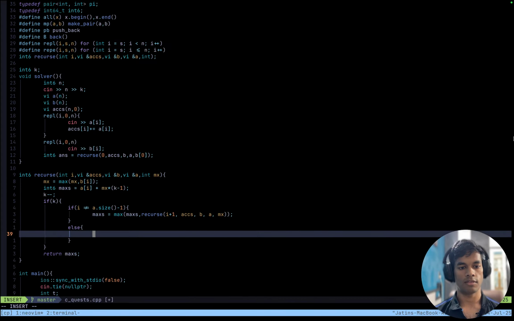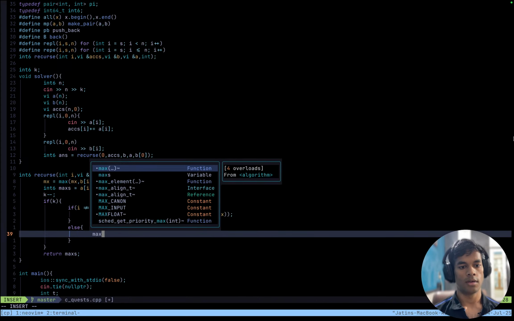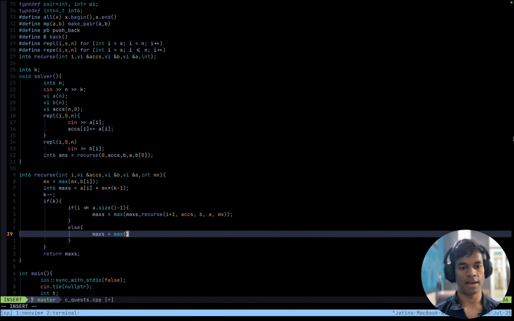Else, if this is the last one, then maxs equals maximum of maxs, or the remaining number of trials, that is k minus 1,